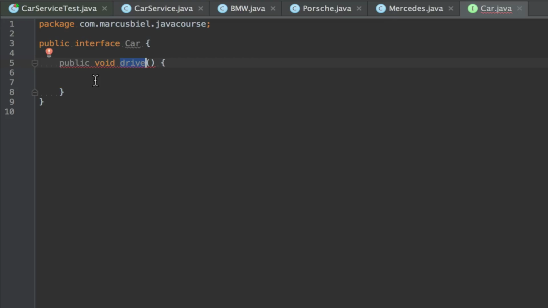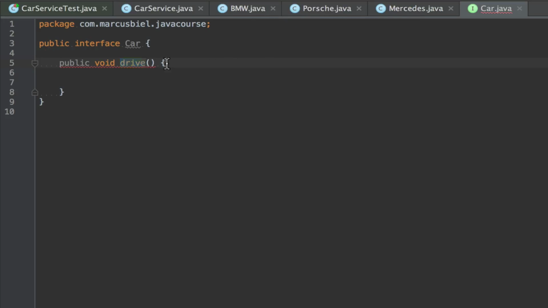Okay, sorry. So it seems like it cannot have a body. How is that? Well, I guess it even makes sense, because we said we just want to have a definition, like a contract, but we don't want to actually implement it. The implementation will be done by the specific implementations by BMW, by Porsche, and by Mercedes.